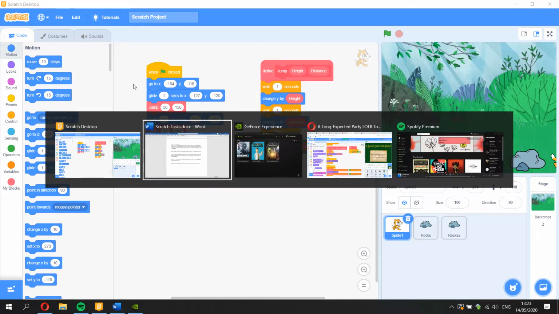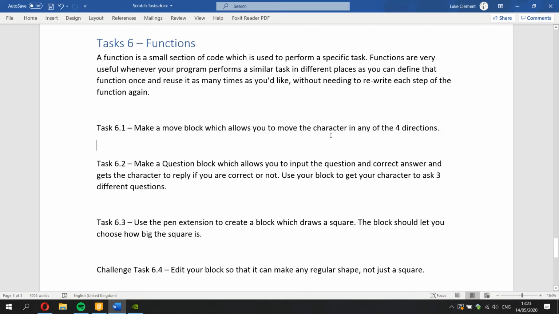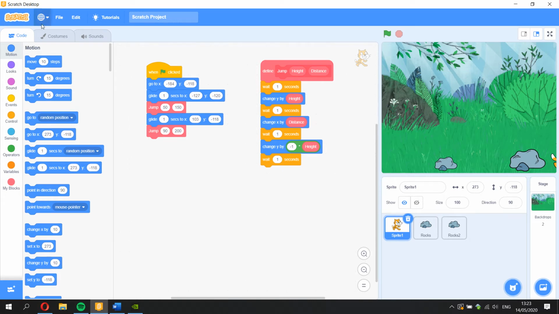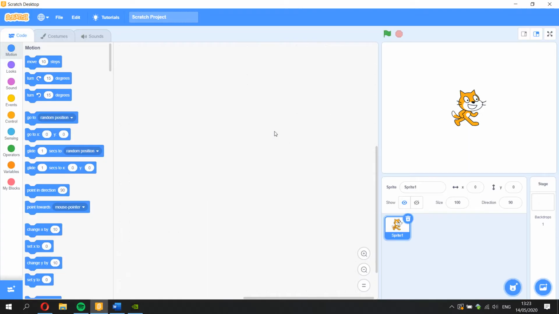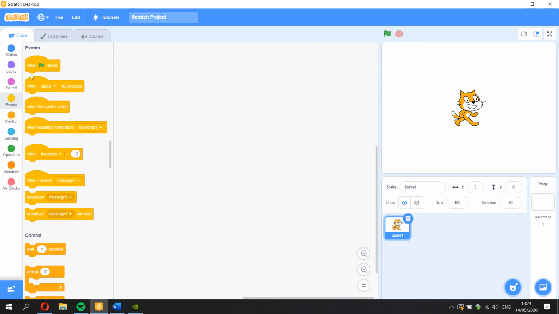Okay, so back to the tasks. So we need to make a block, a move block, which allows you to move the character in any of the 4 directions. So one single block which allows us to move the character in any of the 4 directions, which means we'll need to use inputs for this. So if I just start a new program. Now, usually, if you've done movement in Scratch, you'll probably put when the right arrow key is pressed, up arrow key, and so on. But what we want to do here is just create our own block,